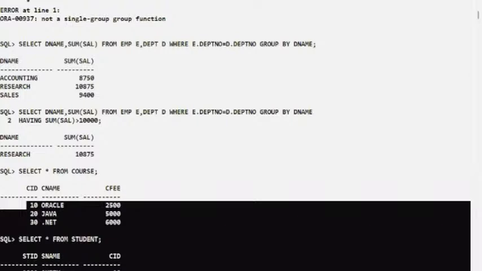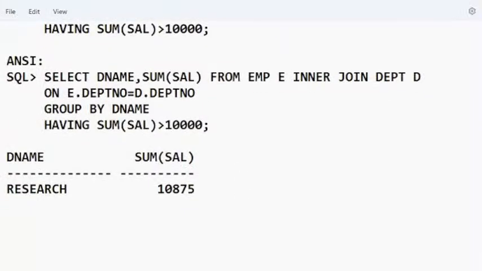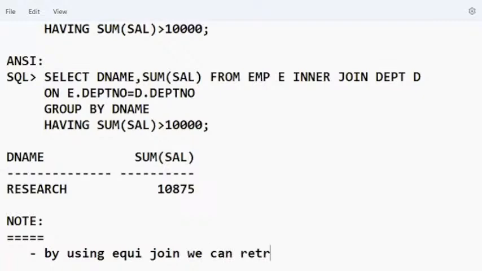So whenever you want it like this, then you have to use one technique called outer techniques. Which techniques? Outer. So write down below here. Okay, take some note points. What is my note point here? By using equijoin, we can retrieve